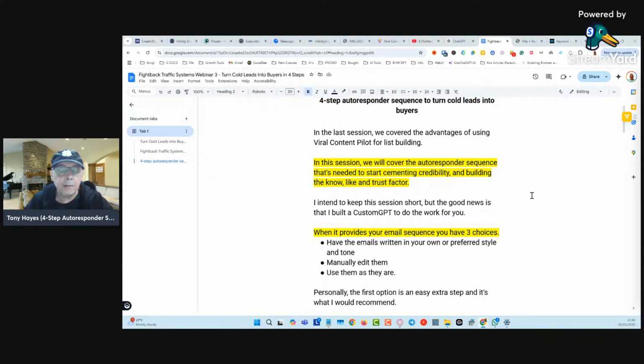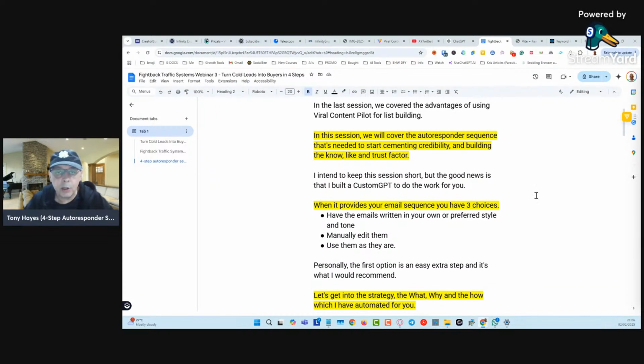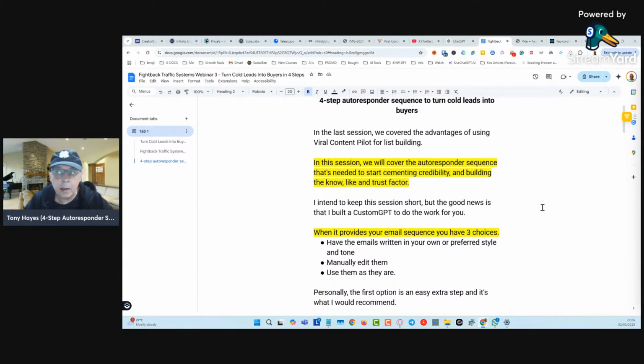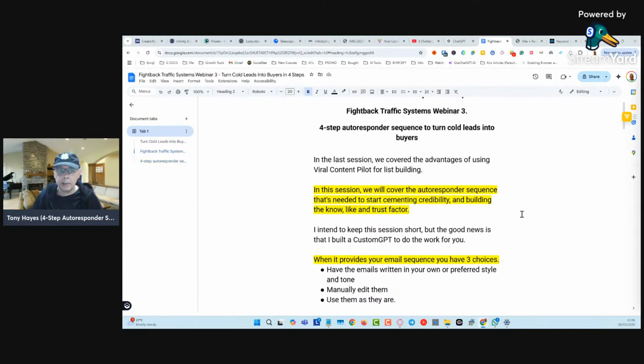At the end of this, I'm going to give you a custom GPT that will write these email sequences for you. But there's some nuances to that you need to be aware of, and I'll cover that as we go through it as well. Plus we're going to build a custom GPT while we're on this call.